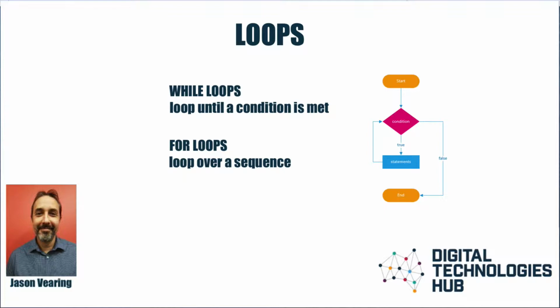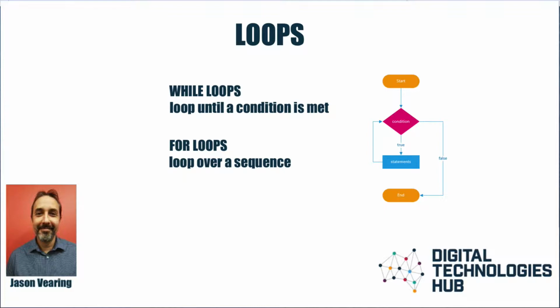So there's two main types of loops. We're going to look at while loops, which have a condition. The program will keep looping until this condition is met. You cannot break out of this part of the code. When the condition is met, then it moves to the rest of the program. And then there's for loops, where for loops will set up parameters. As we work through these examples, you'll see where the differences are and where you will use them in different